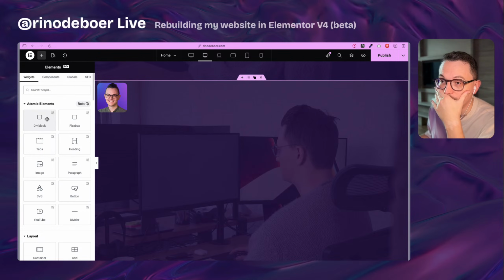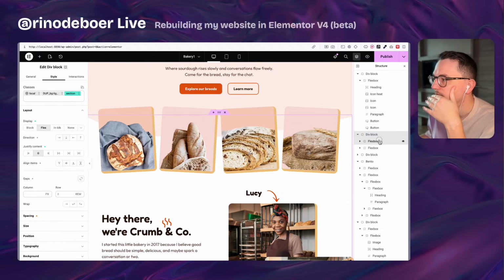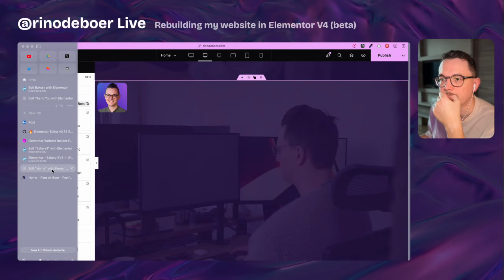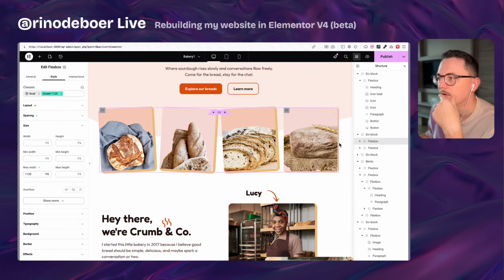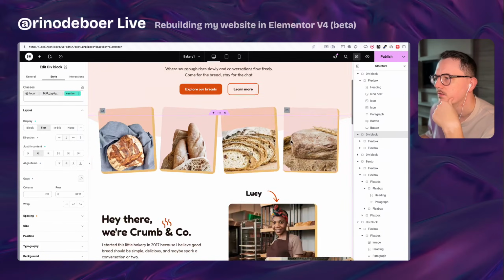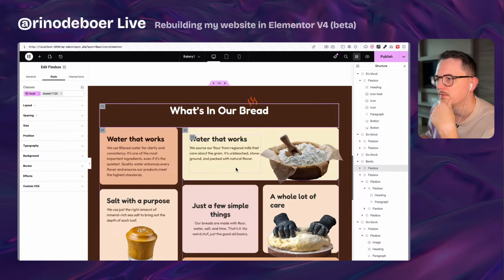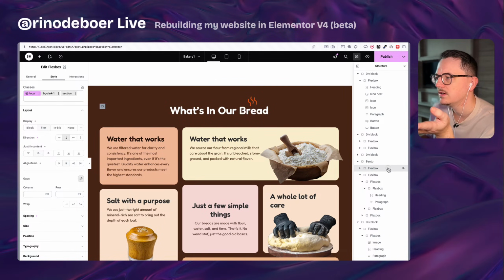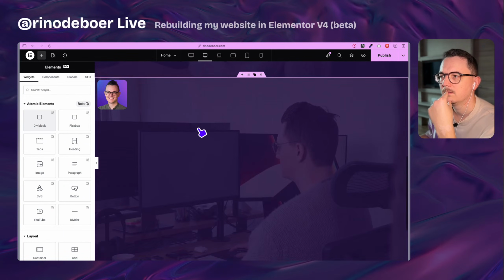I'm gonna put another... Wait, what did I do here? Is it a div block or a flex box? This is a div block and this is a flex box. Okay. So we're just gonna grab another div block. But wait, one second. I'm going a little bit crazy now. Here, this. What did I do here? This bento, and then there's already a flex box in it which has the box. Yeah, so we only need the background. We can put a section on this one, and then one flex box in it for the box container. That's it. Okay, so this one has to have